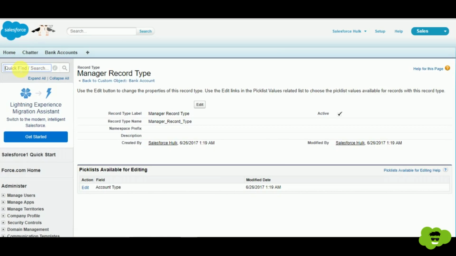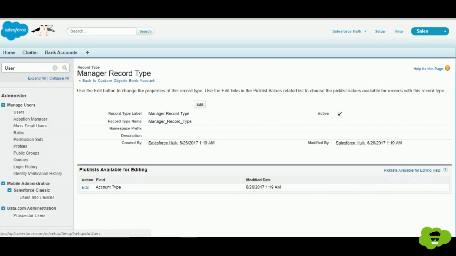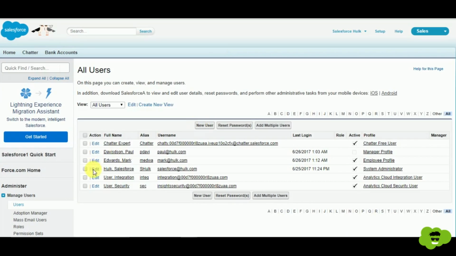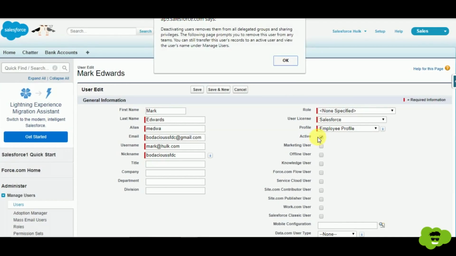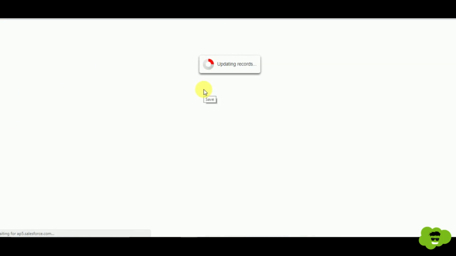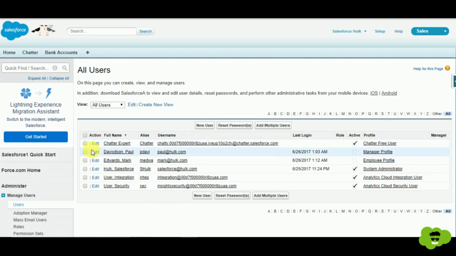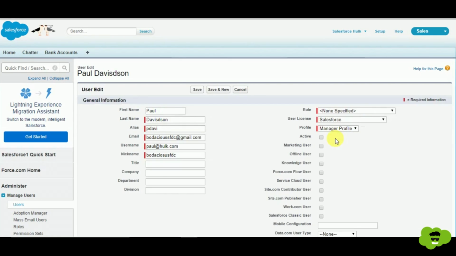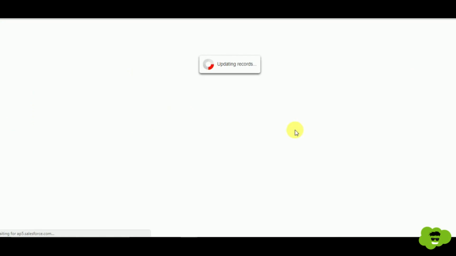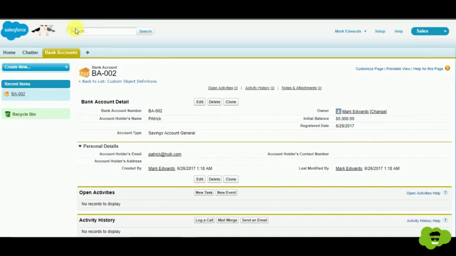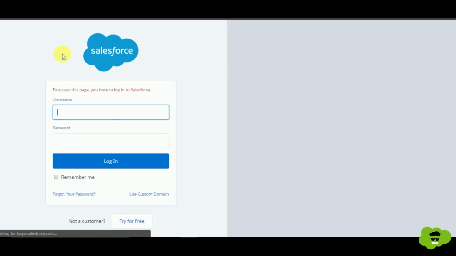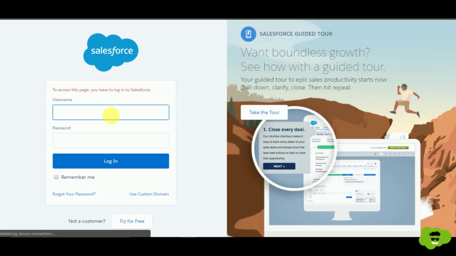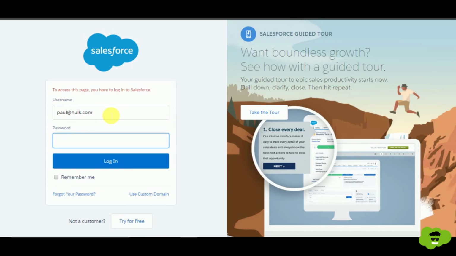Now let's make Paul, who is assigned to the manager profile, active again. For that I need to deactivate Mark. Save, and here it is, Paul. I'll simply click on save. Now whenever I click on anything, I'll get logged out because Mark's user account got deactivated over there. And for Paul,